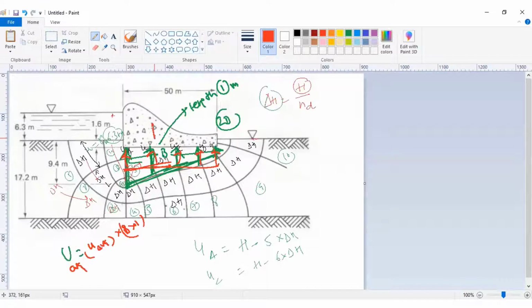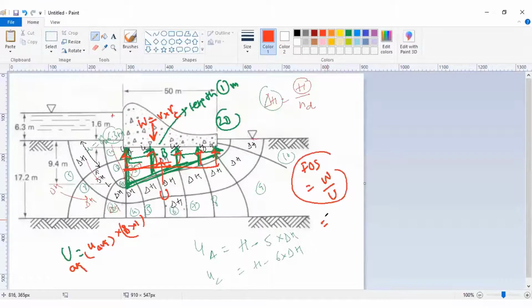So this is the base area on which this average uplift pressure is acting, and you can get the uplift force. And then from the geometry of the structure and from the unit weight of the material used for this structure, you can get the weight. The weight will be volume into unit weight. If it is concrete, it will be gamma C. So like that, you can easily do the calculation for the weight and also for the uplift force U, and then you can easily get the factor of safety value as W upon U. And then you can check whether it is more than 3 or not.